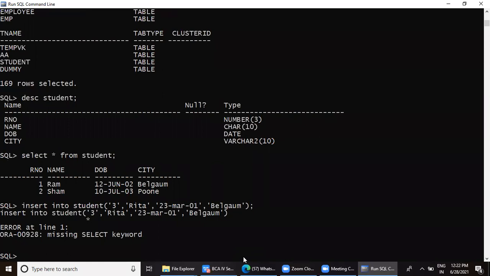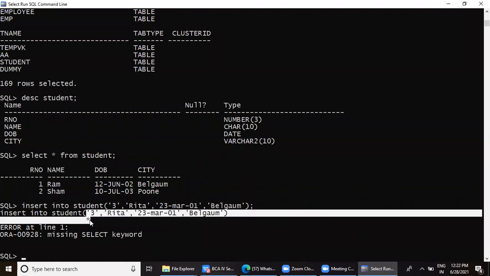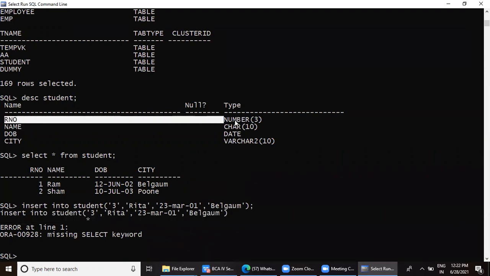Okay. The thing is, with some versions, there is a difference. Earlier, even if you gave single quotes to a numeric value, it would take it. But now it is showing some error here. Can you see it is showing the error below this single quote? So maybe because my roll number is numeric, can you see the data type when I describe the table? So maybe it is giving a problem with this single quote. So I can change it.